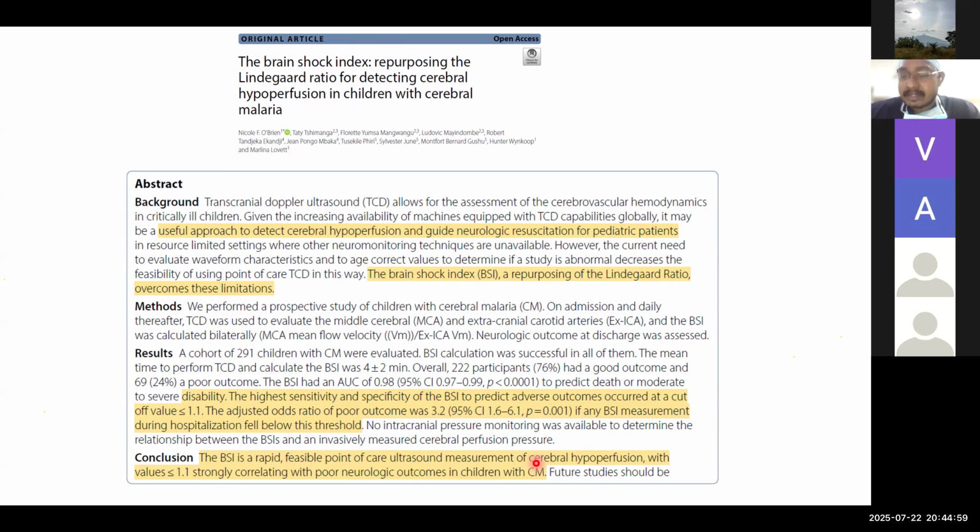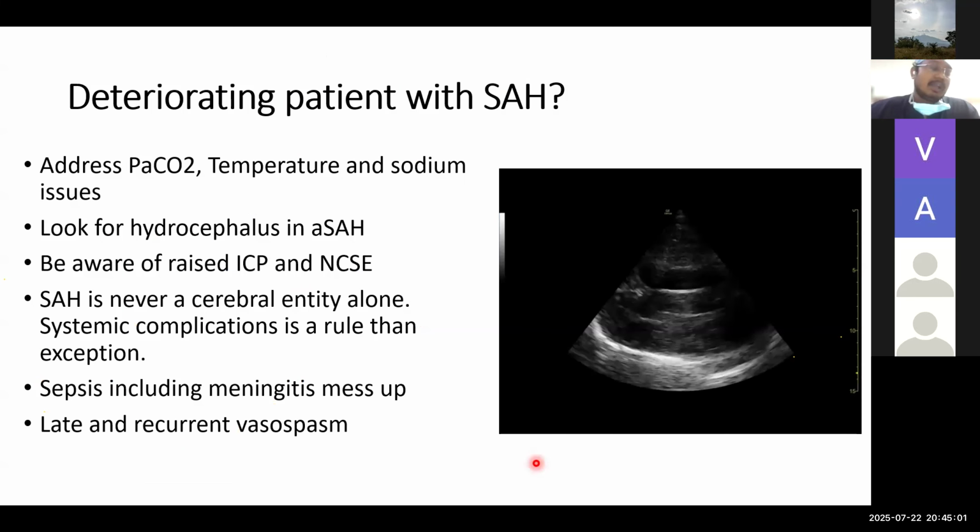I found it recently. We have talked a lot about vasospasm, but if you have a deteriorating patient with SAH, also look at the ventricles. If you keep a transcranial phased array probe at the transtemporal window and tilt it up, you get to see the lateral ventricles. Why is it important? In aneurysmal SAH, even hydrocephalus occurs acutely,